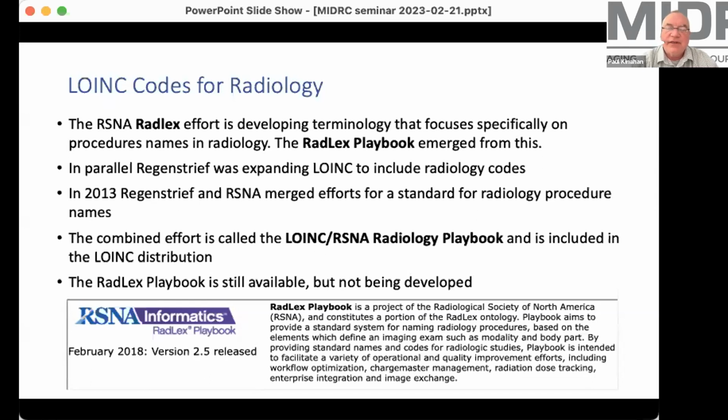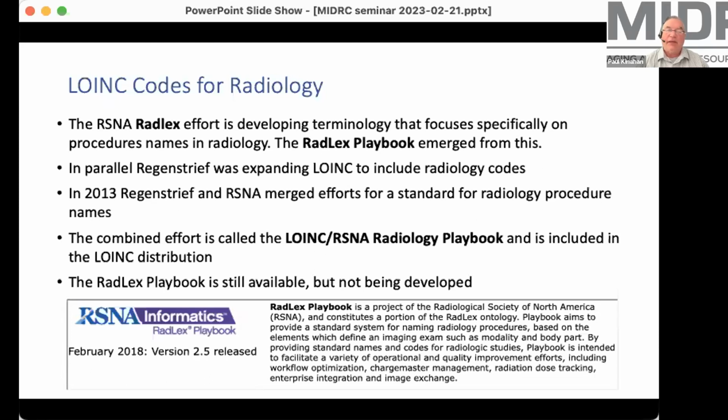We'll talk in more detail about something called the RADLEX. I talked about the RADLEX effort. The RADLEX group also went a step further and developed something they called the RADLEX Playbook, which I'll talk a bit more about. This was really a set of study descriptions in a structured manner, with a whole bunch of secondary information such as presence or absence of contrast, timing information, things like that. And this was being developed by the RSNA informatics group, as I mentioned.